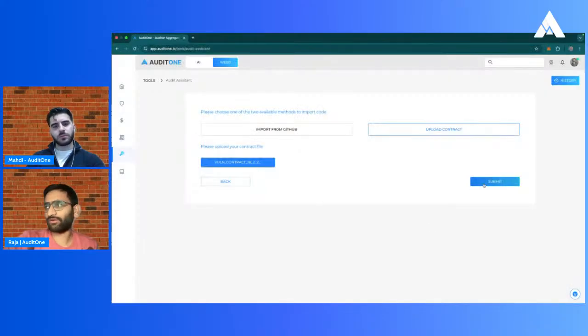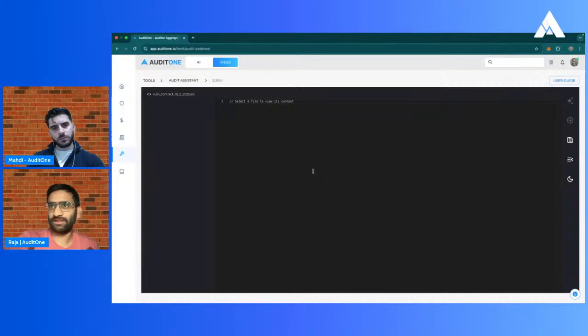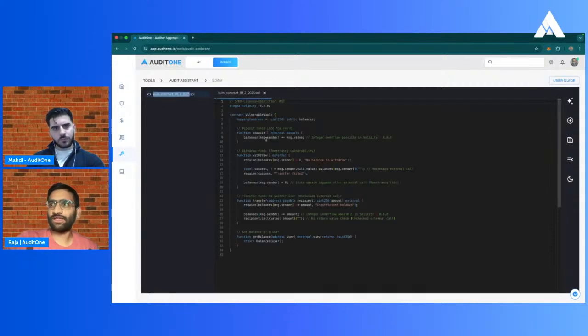So one can upload the file here and submit it. We have an IDE-inspired screen available, where one can visually see the contract details. This is the vulnerable contract of the vault that we are considering in order to check how effective our tool is. Once the code is visible here, currently we have only read-only mode for this,